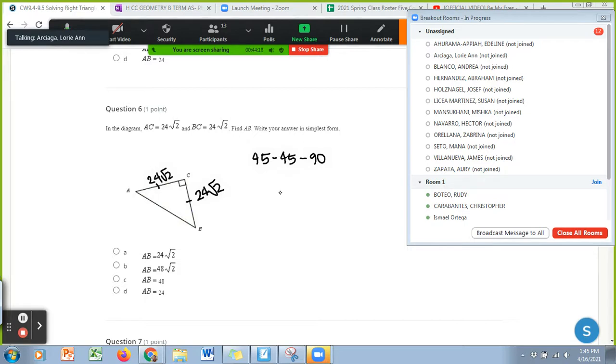So that means you're going to use hypotenuse is radical 2 times the leg. Now the hypotenuse is what we're looking for. Find AB, right? So AB is equal to,